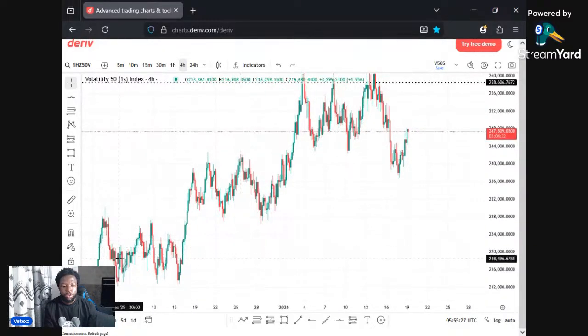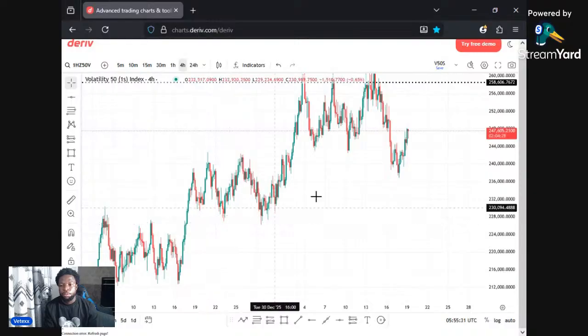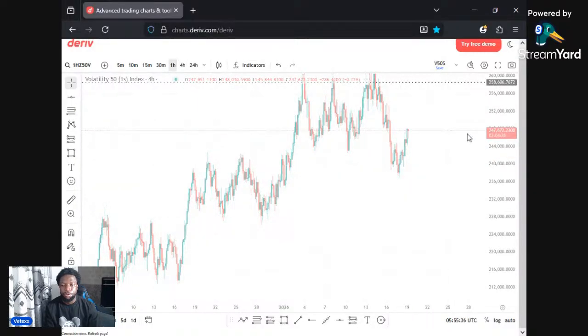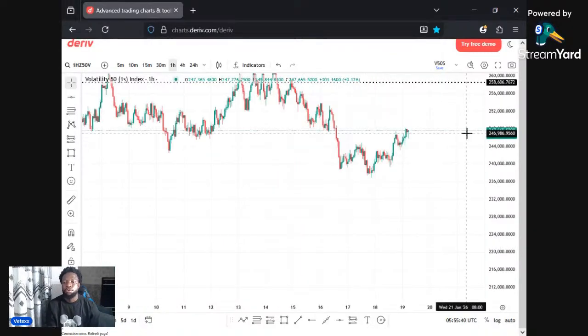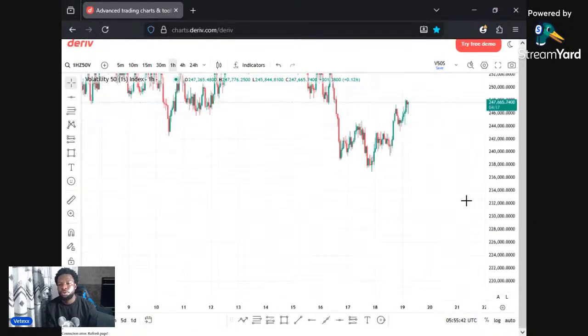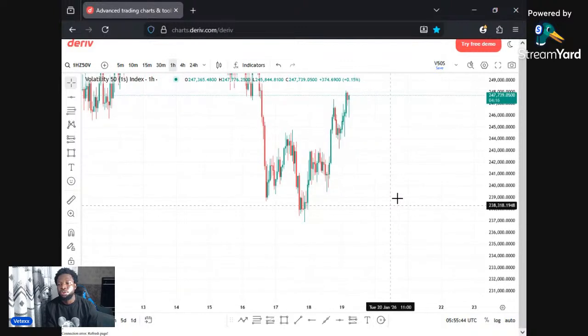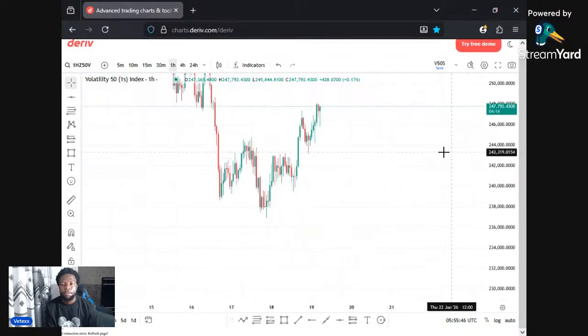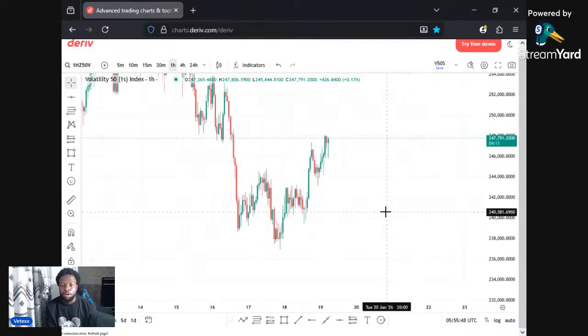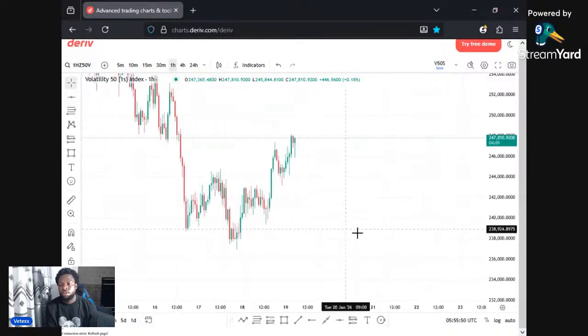Yesterday we marked out a structure around here. But let's check the 1 hour time frame if there's something closer, because once you are looking for a 4 hour, 1 hour structure, the best thing for you to do is always go for the recent structure. So you can see clearly that we have